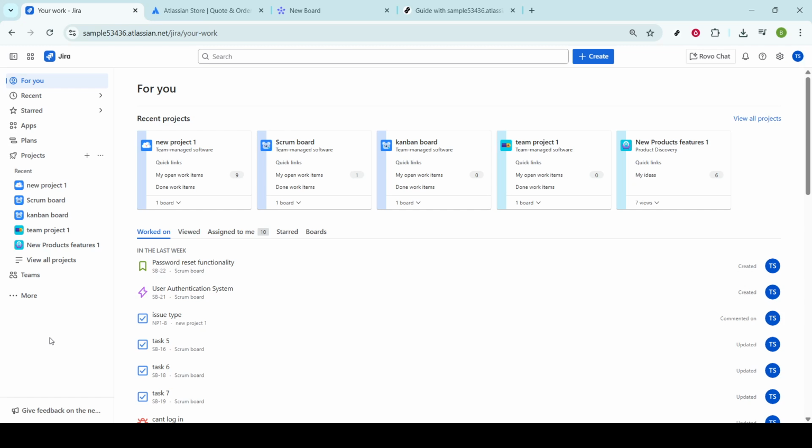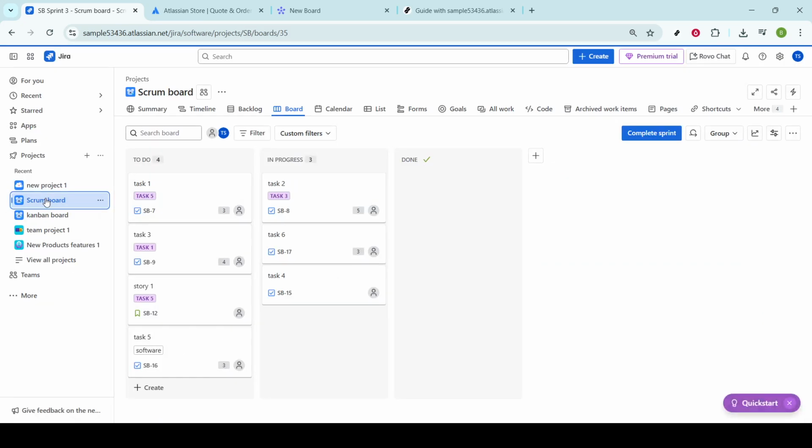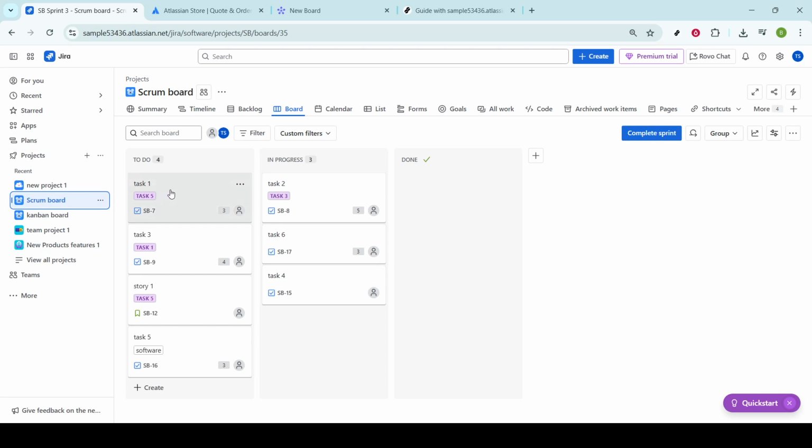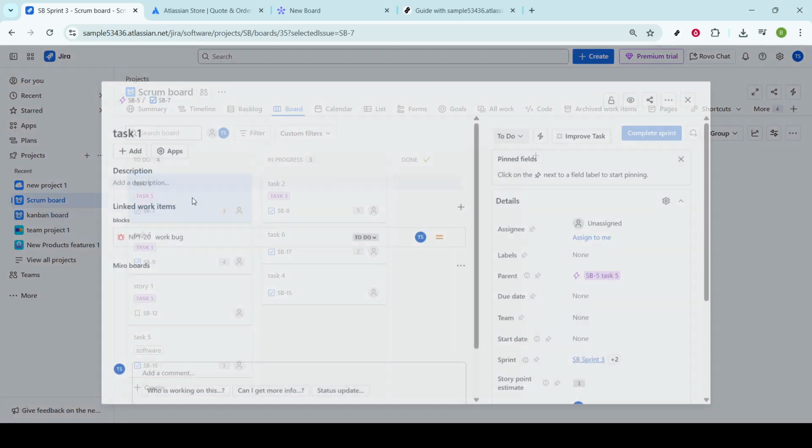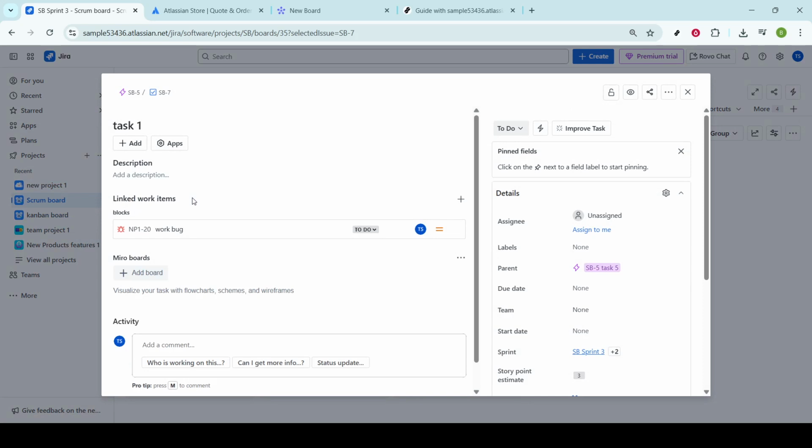To start, you'll want to navigate to the specific project you're working on. This initial step is crucial because workflows in Jira are tailored to individual projects, and you need to ensure you're making adjustments in the right context. Once you have the project open, proceed by accessing an issue within that project. Opening an issue furnishes us with a starting point to view the project's workflow, essentially anchoring us to where the